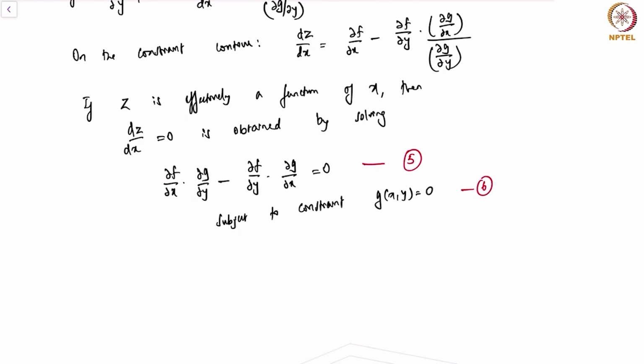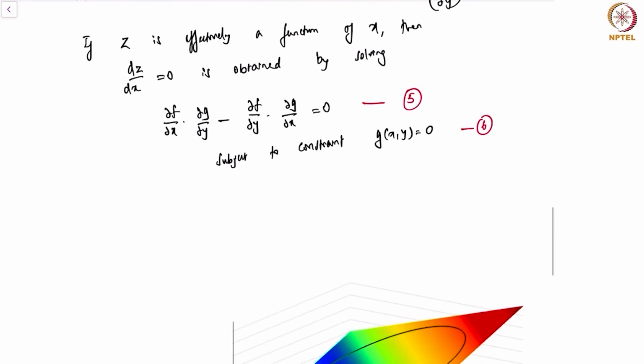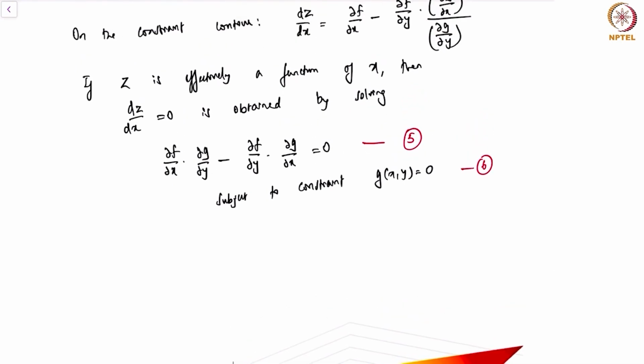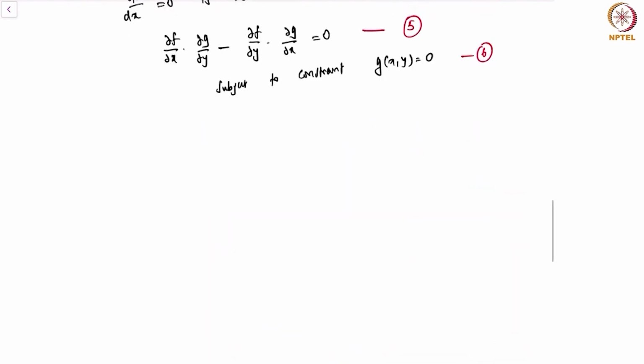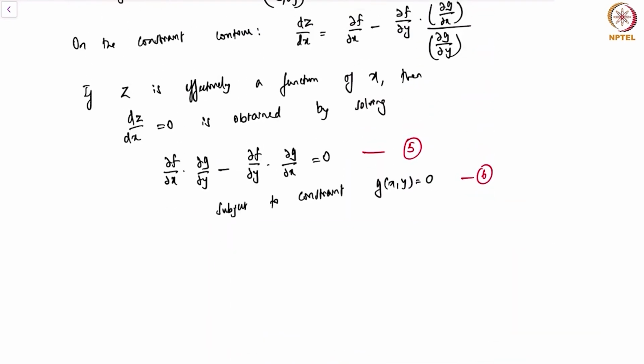We want to solve this relationship involving partial derivatives of f and g subject to the constraint of 6. Okay, so how do we do this? Algebraically, 5 and 6 is equivalent to